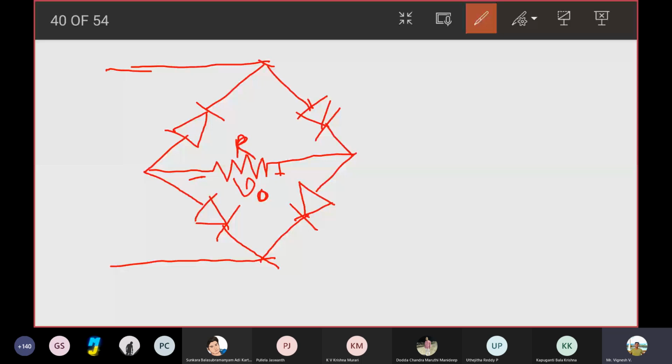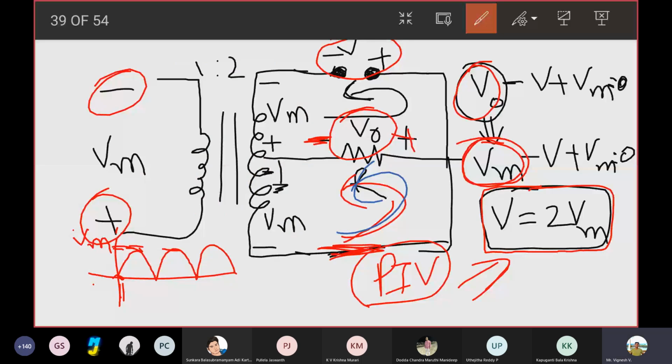I can take the positive half cycle example also and write the KVL in this loop. It does not matter because this diode will be reverse biased there, right? In the same way, I can take either the positive half cycle or the negative half cycle. Okay, let us take the negative half cycle. Even for the positive half cycle, it is the same, right? So in the